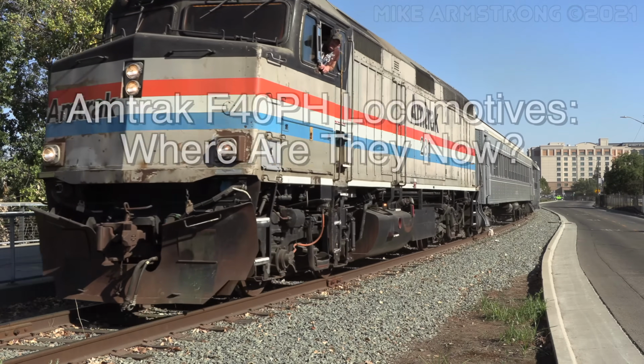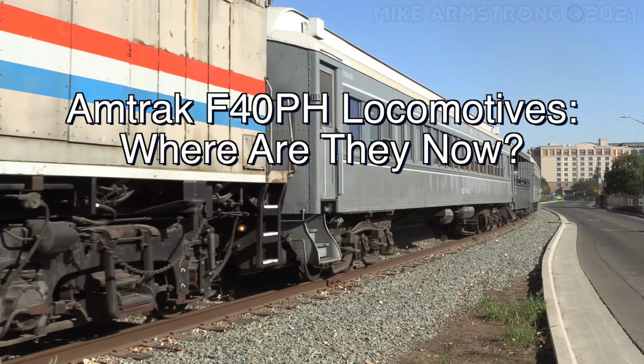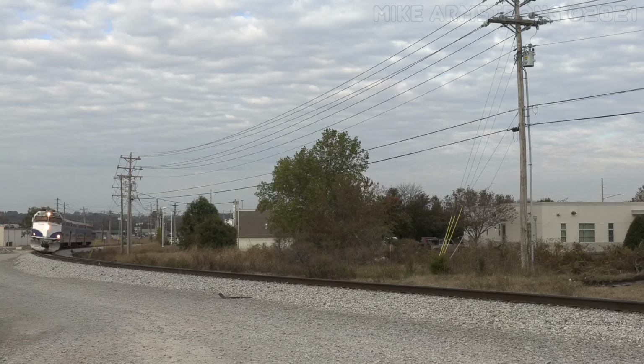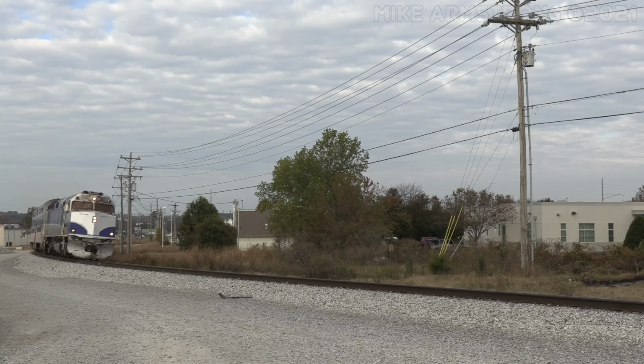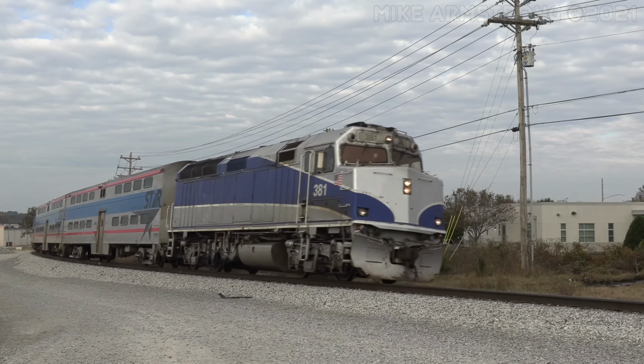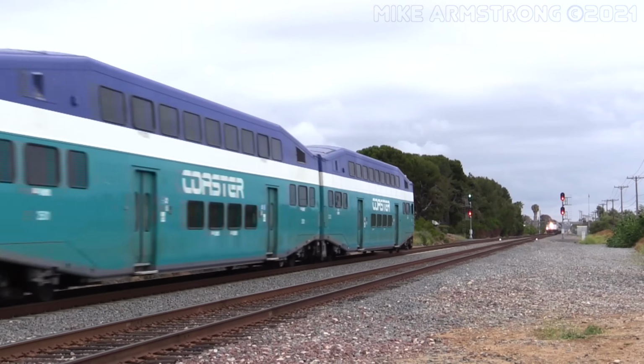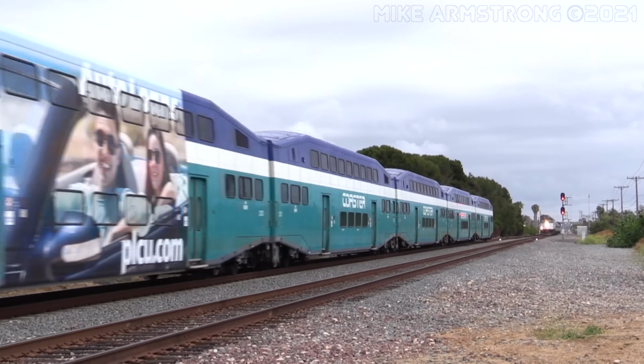The F40PH is a passenger diesel locomotive first built by the Electromotive division of General Motors in 1976. It is said that this is the diesel that saved Amtrak in its early years, and the F40 was such a successful locomotive that passenger railroads all over North America continued to order an assortment of different versions of F40s